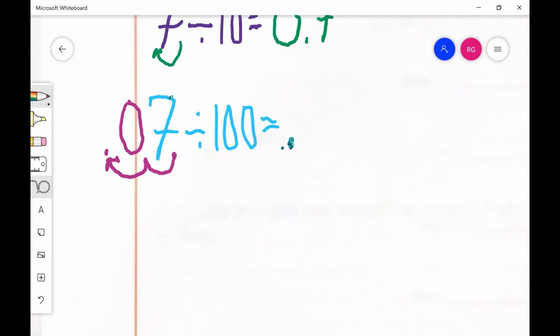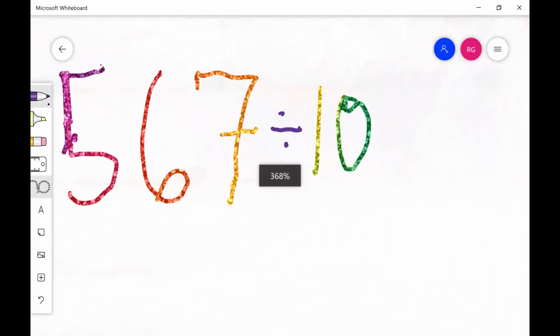So let's see here. I got the rainbow color marker. It's going to be the biggest decimal of all time. 0.07. I guess I should write the 0. It's a little more proper. So we'll write 0.07. Okay, so hopefully you can read my rainbow colors there. By 10 and 100. So first one,